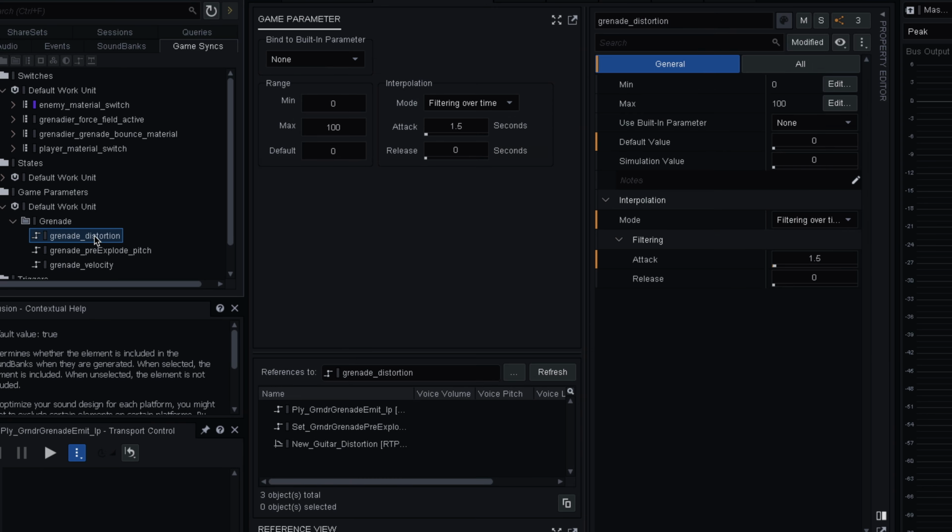These two game parameters are both set up the same way. The interpolation mode is set to filtering over time, and both have a slight attack, so you can hear them ramping up. The grenade distortion parameter is mapped to the